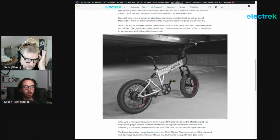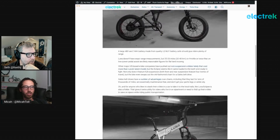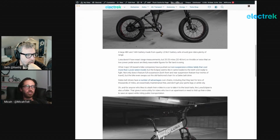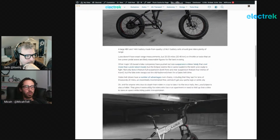There are other companies, but if you've got a Gates belt, then you've got a product that's going to last literally tens of thousands of miles. So with this bike, you never have to worry about chain maintenance, oiling it, tension. It's a single speed, so you don't have a derailleur or anything. But you've just got this whisper quiet transmission that is going to be maintenance free and not give you